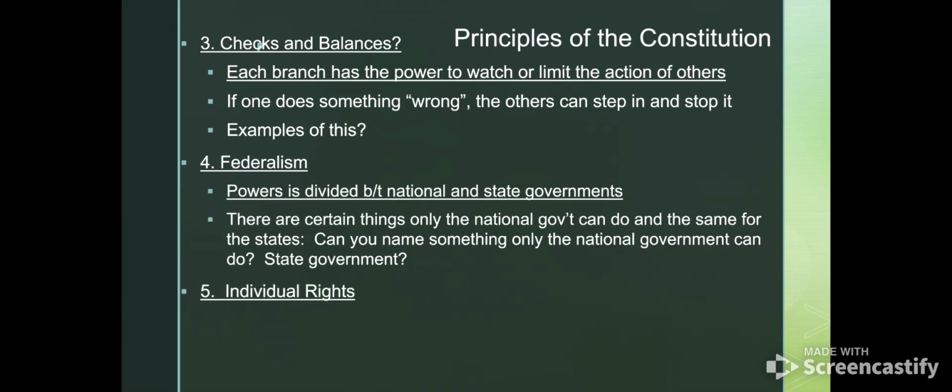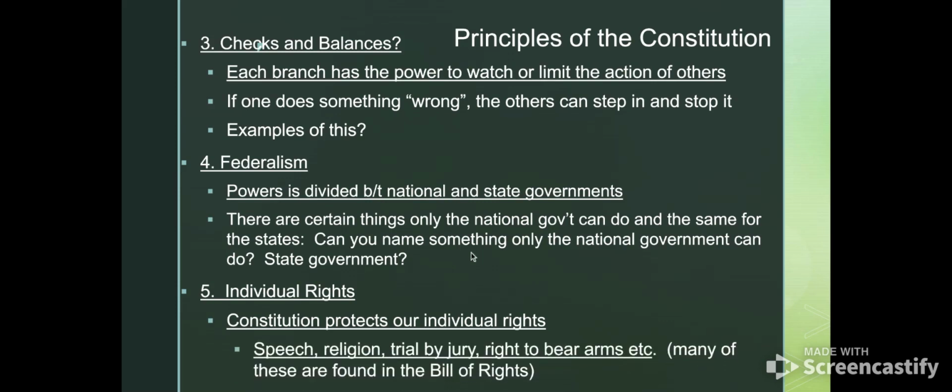Our fifth and final principle that we're going to speak about throughout the unit is individual rights. This will actually be at the end and into next unit. But individual rights, it's kind of as it sounds. The Constitution protects our individual rights. This primarily gets into the Bill of Rights. So, for instance, the First Amendment gives us freedom of speech, freedom of religion. Either the Fifth or the Sixth gives us a trial by jury, meaning if I'm put on trial and accused of a crime, a jury decides the outcome, not a judge. The Second Amendment says I have the right